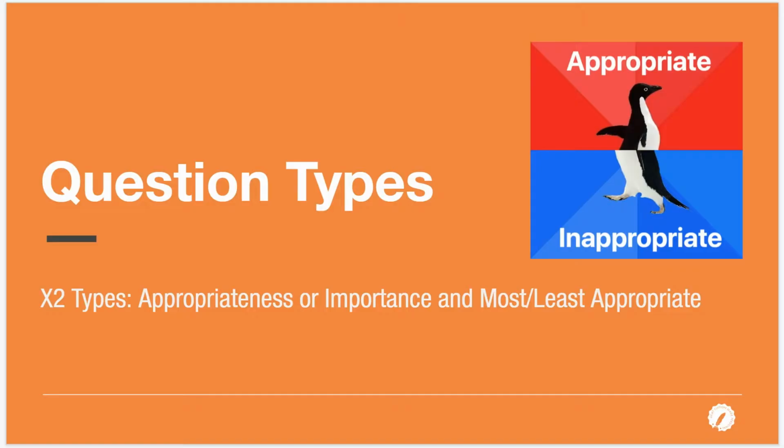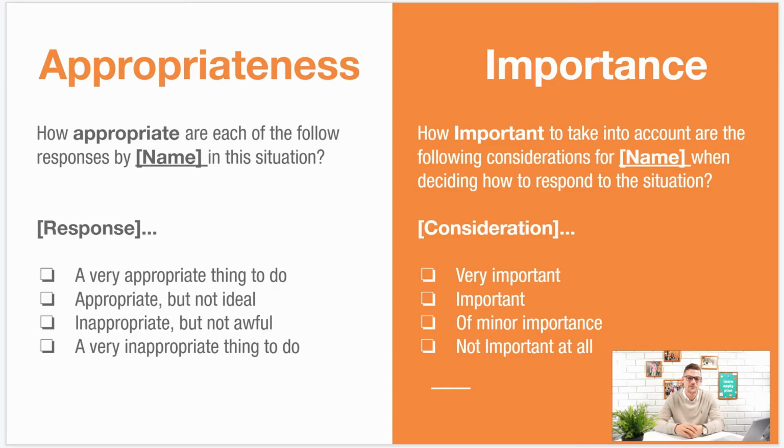So in this situational judgment, we only really have 2 major question types. We have appropriateness and importance, but also ranking most and least appropriate statements. As you can see from this slide, we have two types of questions, appropriateness and importance. On the left-hand side, you can see we are asked to choose an option of how appropriate a response would be, whereas on the right-hand side, we are asked to choose how important the following consideration would